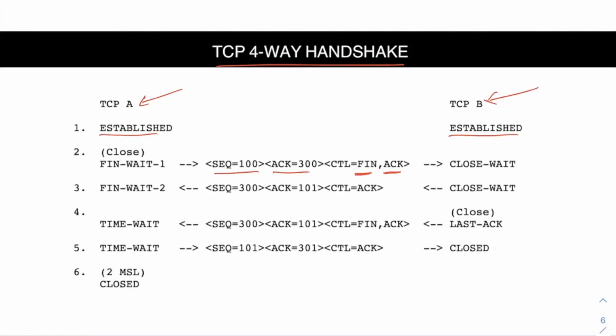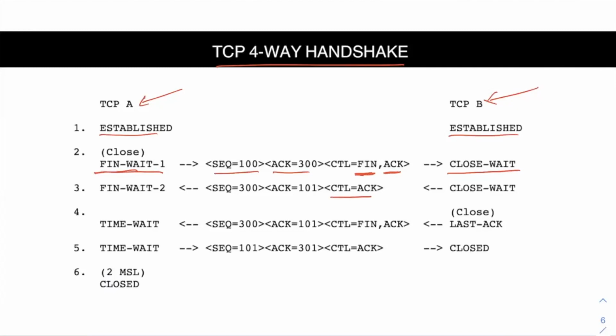And also you can see the states here. So now the client socket will go into this state, FIN wait 1. This will be the state of the client after sending this FIN packet. Now the server will receive this FIN packet from the client, and after receiving this packet it will go into the close wait state. Now what the server will do, it will acknowledge the connection termination request from the client. That's why it will set the ACK flag in the second packet.